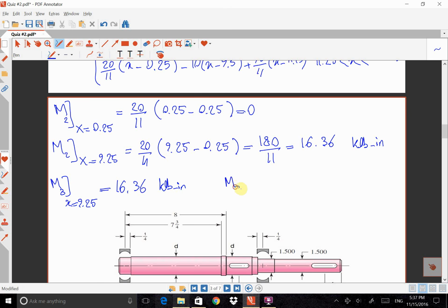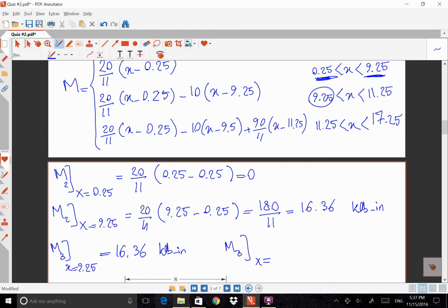And M3 when x is equal to the last point of the region, which is 11.25,